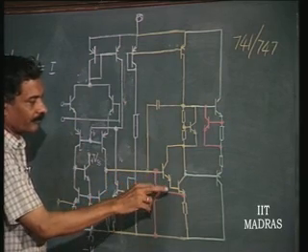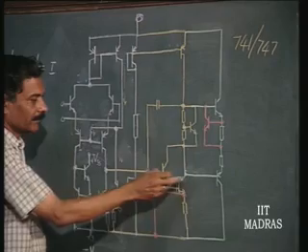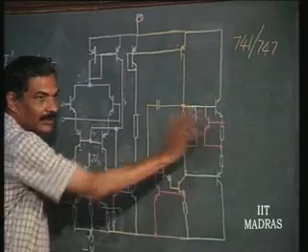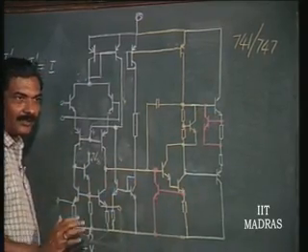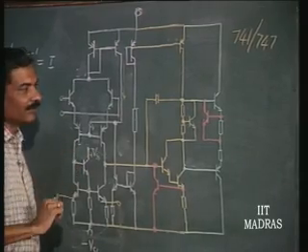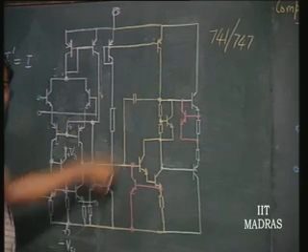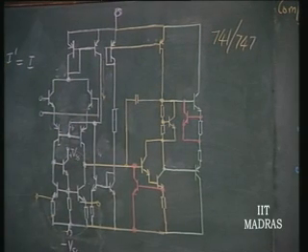Now, here, forget about these transistors, these are coming only as protection transistors, later we will discuss this. This is the compensating capacitor. This portion of it is nothing but what we had discussed in the earlier lecture on